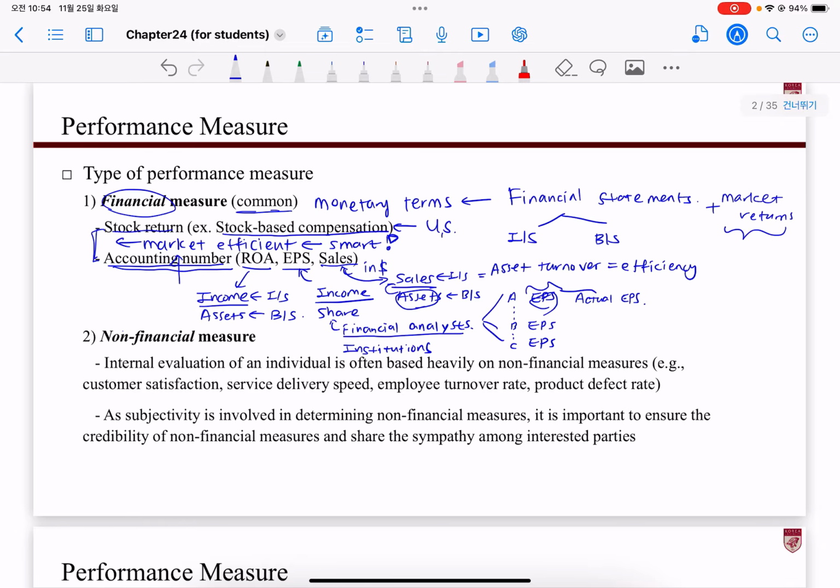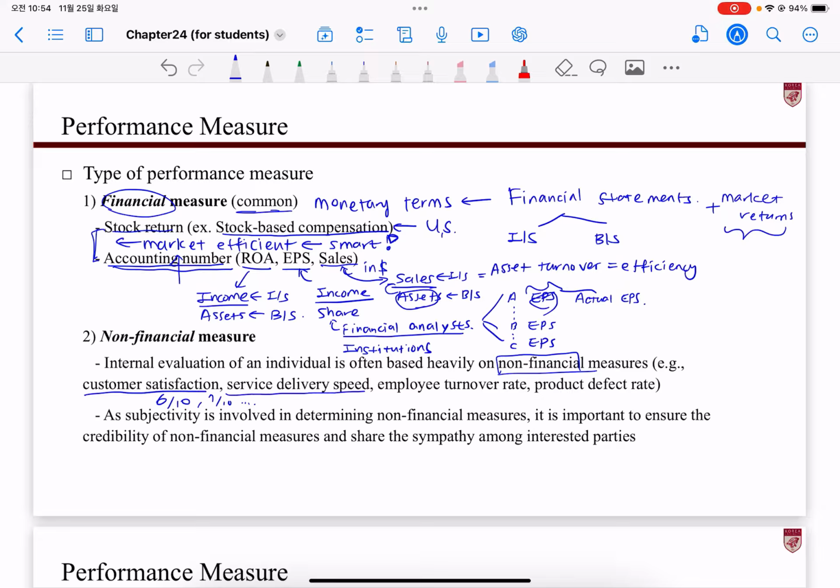A non-financial measure is not necessarily monetary, but it can be anything other than monetary. So it's a broader measure. And non-financial does not mean that it shouldn't be based on numbers, right? It still can be based on numbers, like customer satisfaction. Customer satisfaction is something that we can't necessarily count in dollars, but we may know the numeric ratings, like 6 out of 10, 7 out of 10, right?